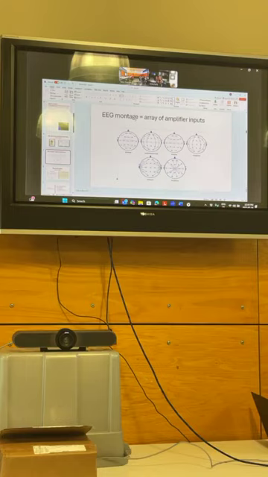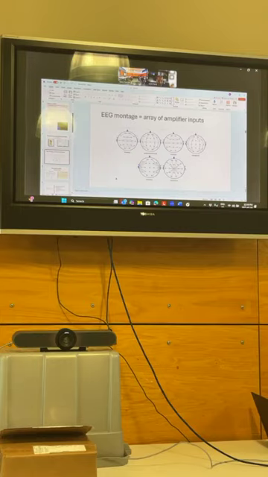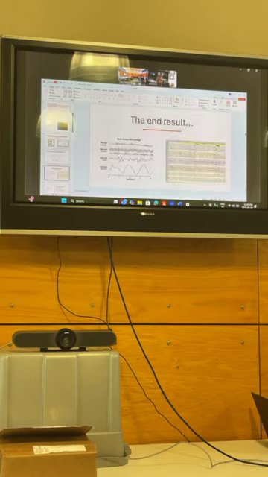There are many different types of montages. The one that we use most commonly is called the longitudinal, or sometimes the double banana montage, because if you draw this out on the surface of the scalp, it almost looks like you drew 2 bananas on it. But there are also referential montages, where you pick one electrode, or even an average of all the other electrodes, and reference to it. There are reasons why you would do that, to get clarity on what you're seeing. The end result is this over here on the right, which is a nice normal EEG,